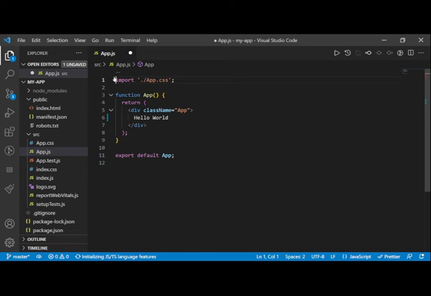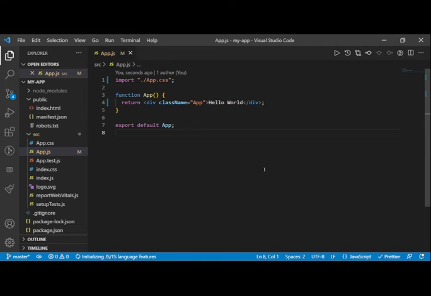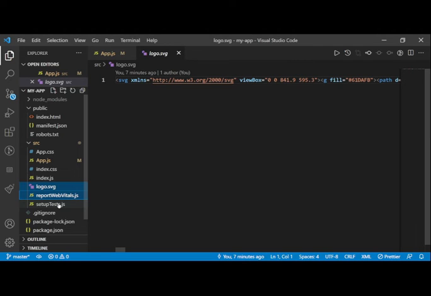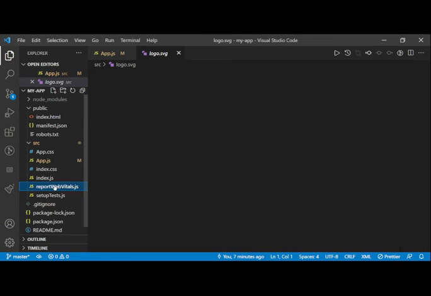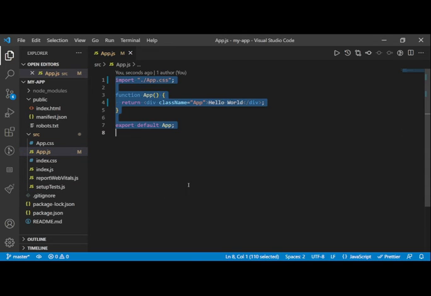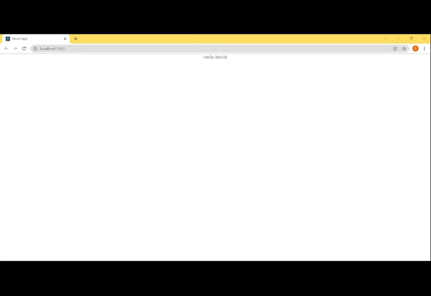And by the way, for formatting, you can see my code did get formatted automatically. I'm using some extensions. I'll get to that in a second. Now if you come to the Chrome, you can see hello world written over here, all good and nice.